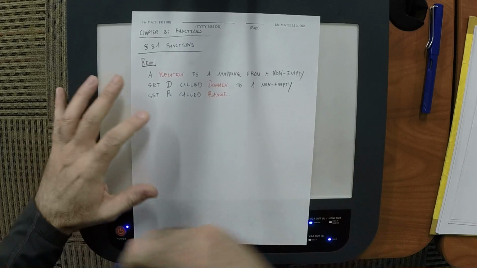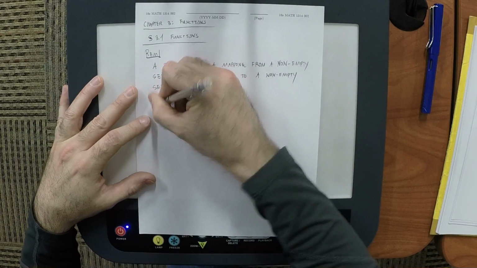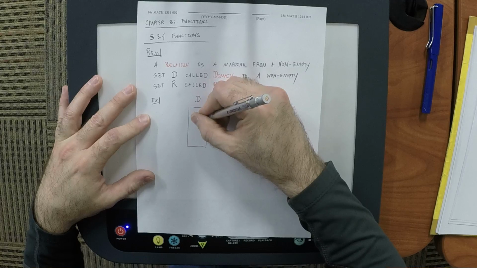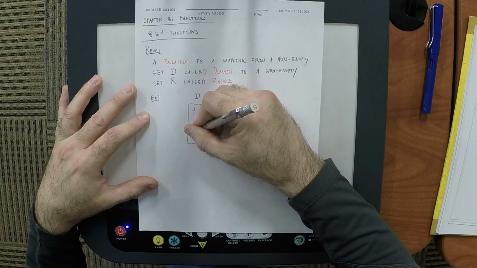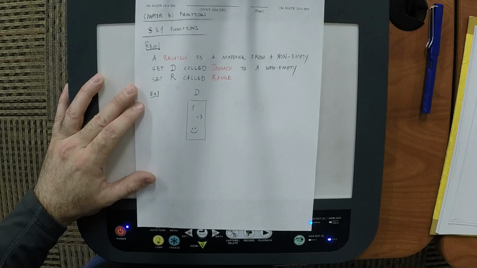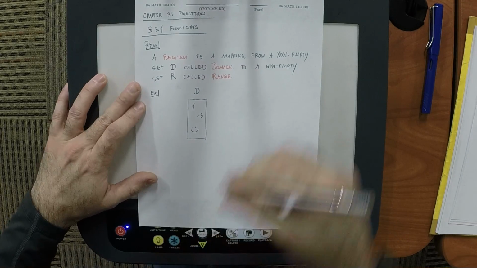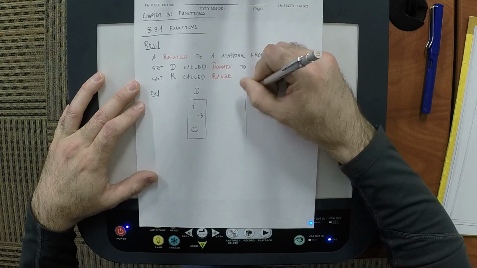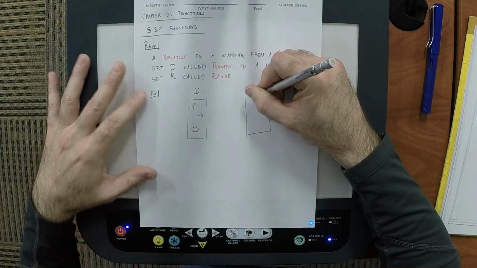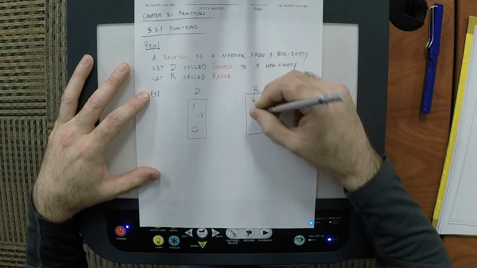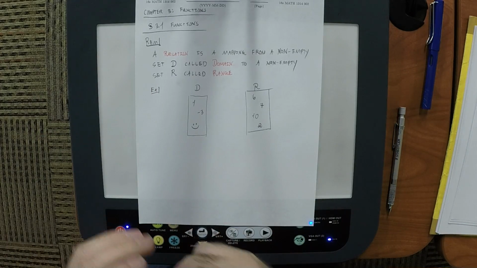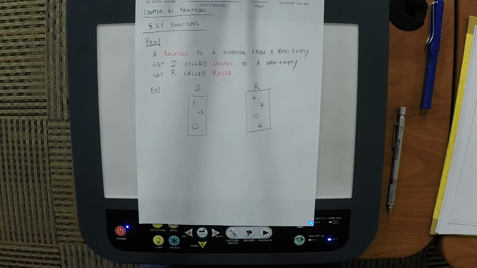Okay, so for example, I'll represent set D as just this box with stuff in it. So how about 1, -3, and smiley face. The only reason why I put smiley face in there is just so you don't get misled and think that we can only talk about numbers. That's not the case. So here's the range. I don't know. 6, 7, 10, and 2. Okay, so then we have a non-empty set D and a non-empty set R, but we don't have a mapping,